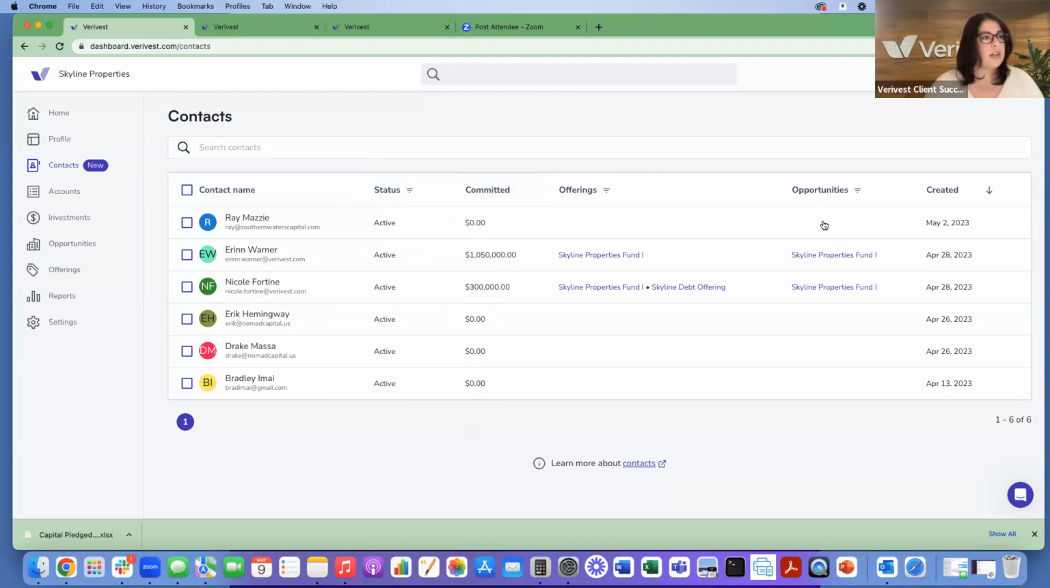And then you'll notice offerings and opportunities here. This is where you can see what offerings and opportunities your contacts, if they are investors, have invested in. So some opportunities have multiple offerings, and that's one of the reasons why opportunities is displaying and offerings is displaying. So you'll notice this investor is invested in both the equity fund and a debt offering. And this is just for you to be able to see, at a glance, some more high level information